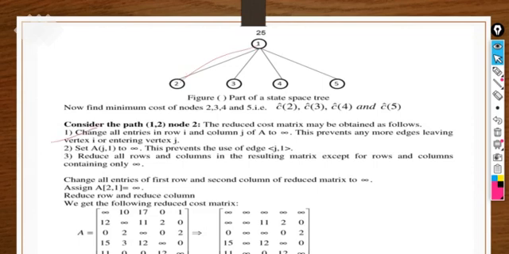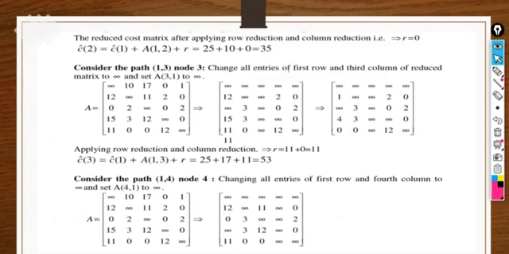Change all the entries in row i and column j to infinity, and set j1 also as infinity. As we have already discussed, i value is 1, j value is 2. 2 to 1 we have already made infinity. So this is the first step that we have done. After that we are getting the cost 35, which we have already computed. Next we have to take care of 1 to 3 and follow the same steps in order to find 53. We have already found it.